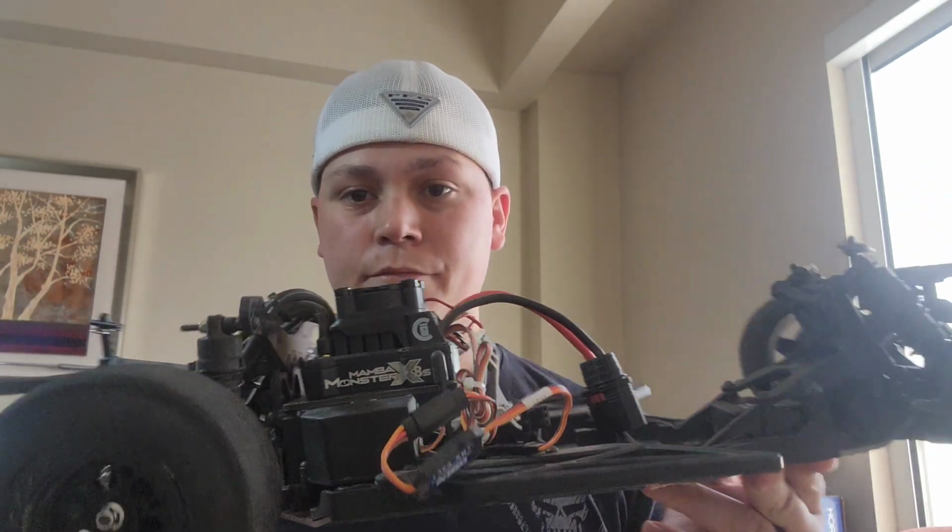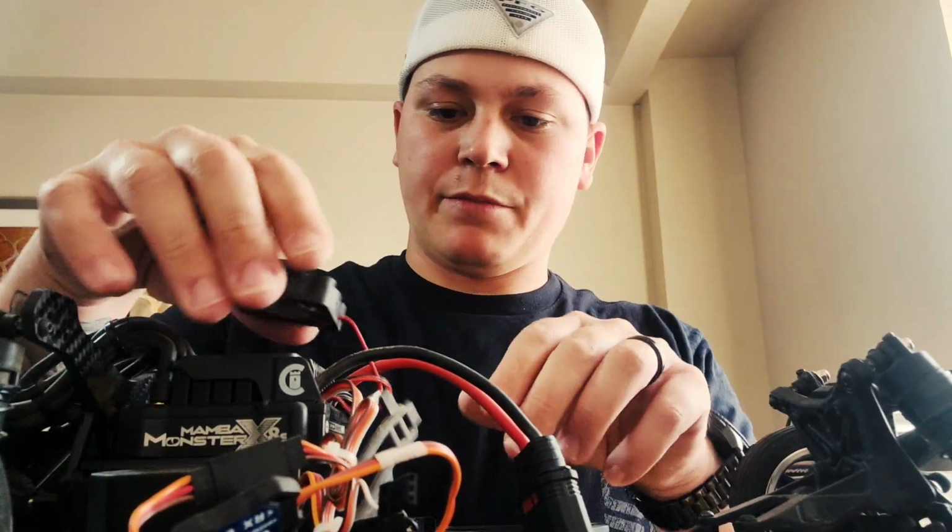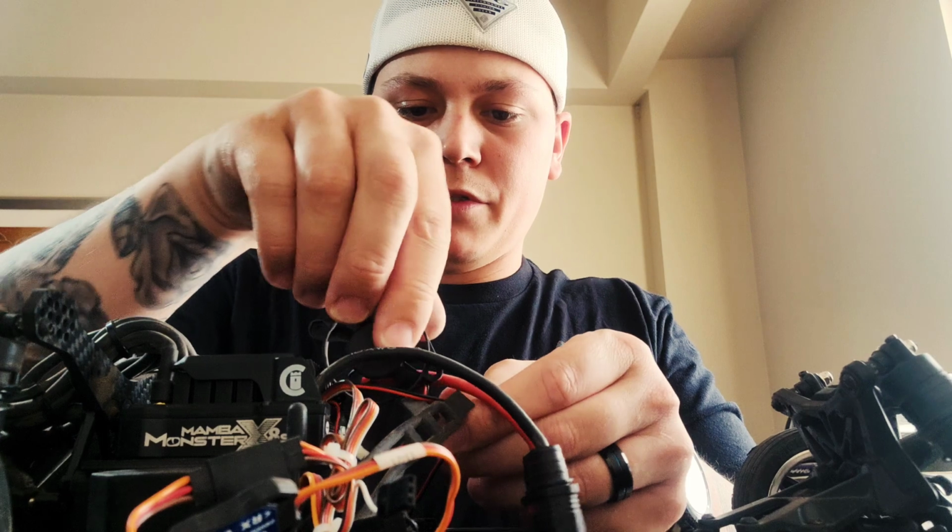Today, I am going to talk to you guys a little bit about my outlaw drag car. So, here it is. I know I've not really been in the RC scene very long, so I just want to talk to you guys a little bit about what I've got going on with this thing. So, if you give me just a minute to readjust the camera, I will show you guys what I got going on. Alright, so what we're looking at now is my Castle Mamba Monster